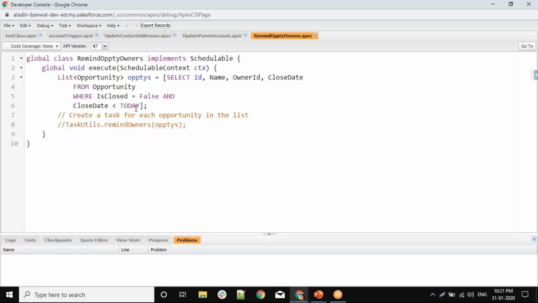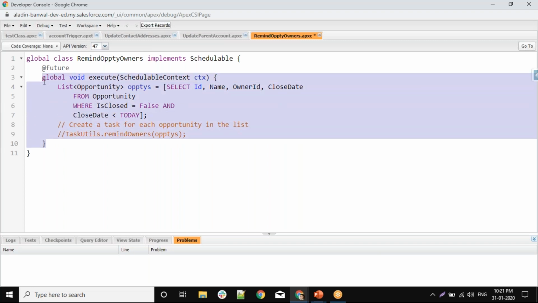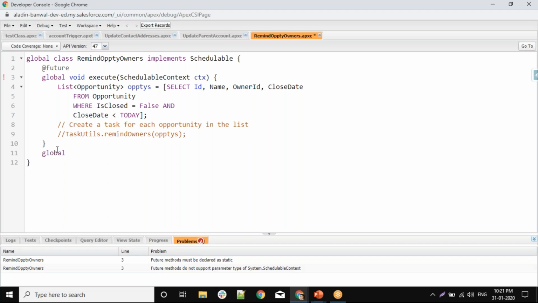Let's say this is my class. If I want to make this method a future method, I'll just write this. It will consider this method as a future method, and here you can also create another method and perform any action.